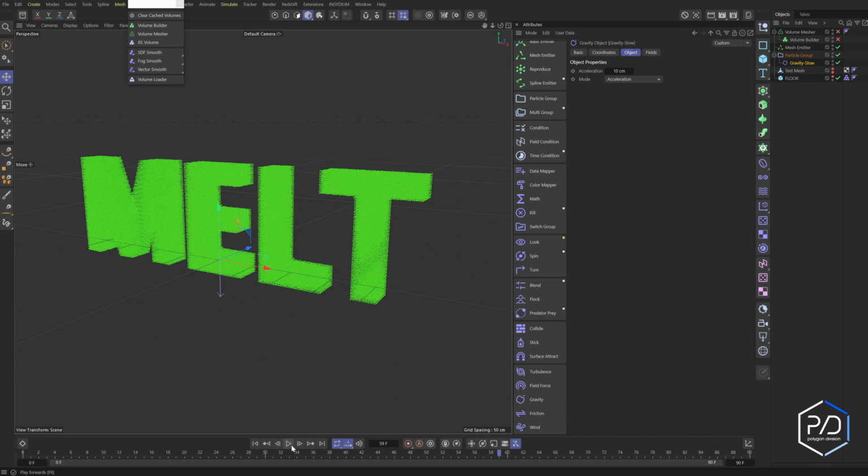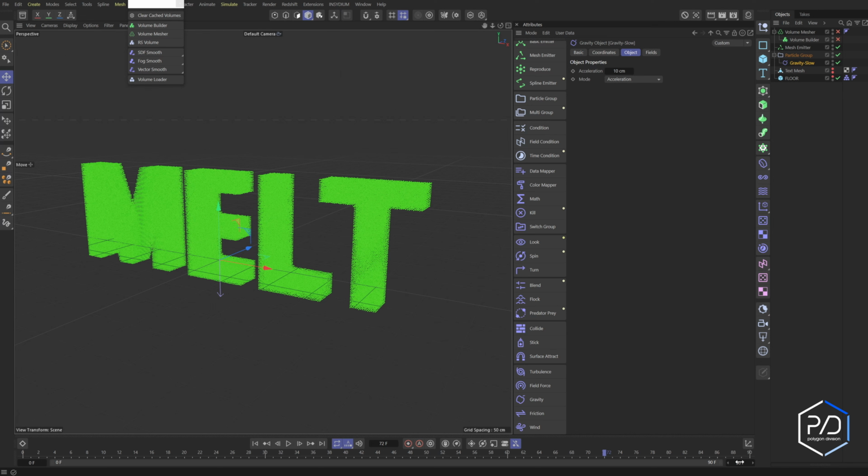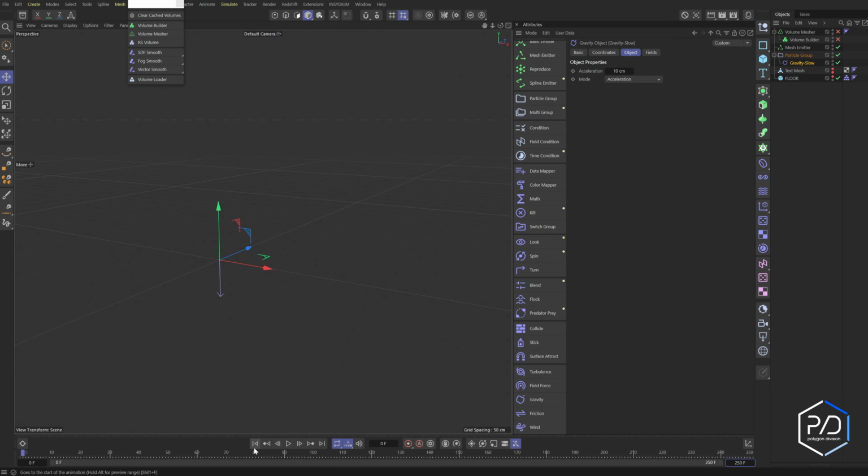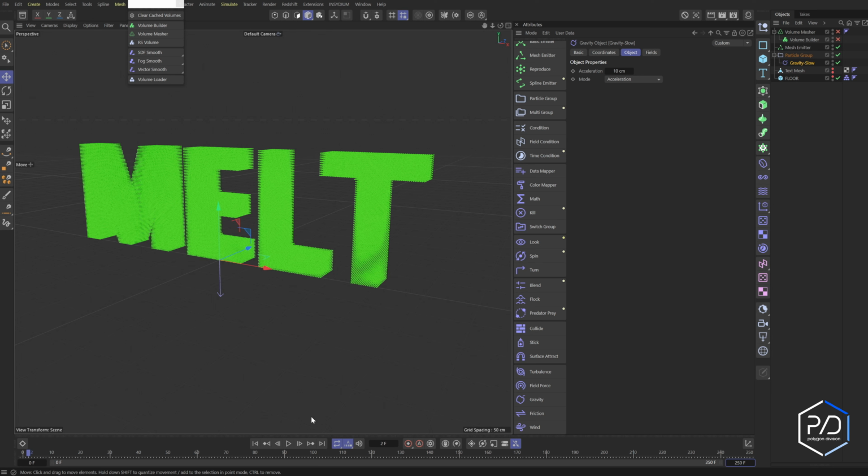You have to hit back and you can see it slowly falls. I'm also going to add 250 frames so we have more time, and you can see it slowly drops. But we want to confine this into kind of a dripping manner. And to do that, what we're going to pick is a field that picks certain spots at random to melt and peel away. So we'll go to the field of the gravity here and I'll pick the shader field